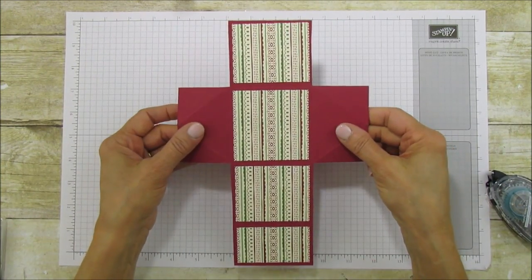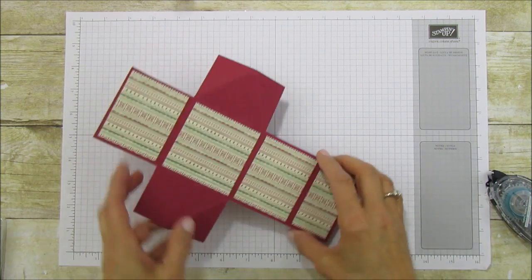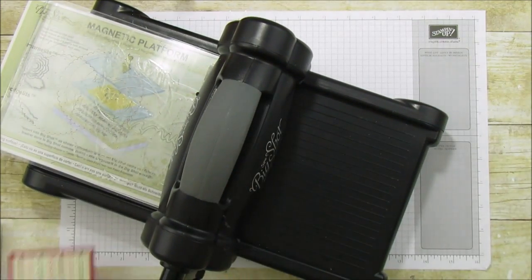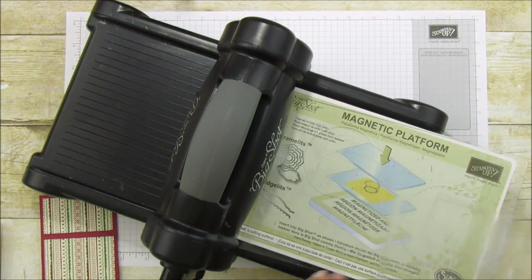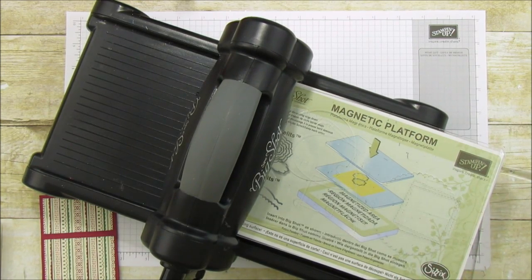Okay, so we have them all matted, and now we're ready to run it through the Big Shot and put our little edge on here. So I'm going to bring the Big Shot up because I want to show you how I do this. And you can see last week I had new plates, but you can see how worn they are already. So you're going to put your magnetic platform down and then a base plate,